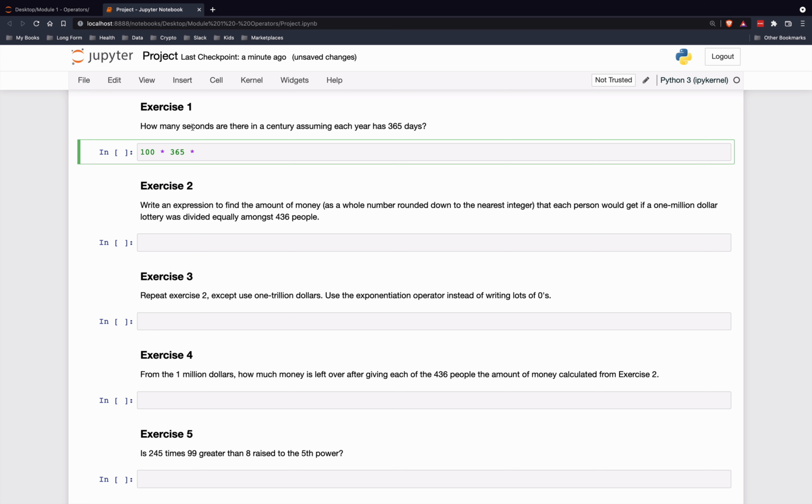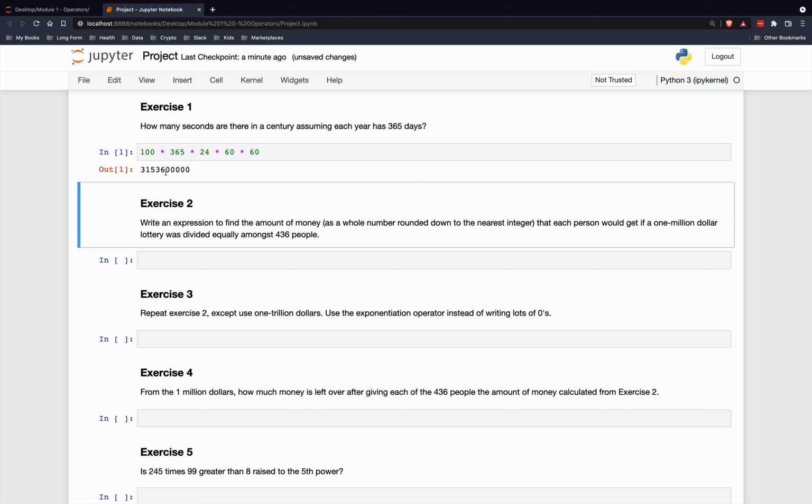So we need to find the number of seconds, which means we need to find the number of minutes, which means we need to find the number of hours in a day. So each of the 365 days has 24 hours. Each of those hours has 60 minutes, and each of those minutes has 60 seconds. So we just have to multiply all of those numbers together. Again, that's 100 years, has 365 days, has 24 hours, has 60 minutes, has 60 seconds,